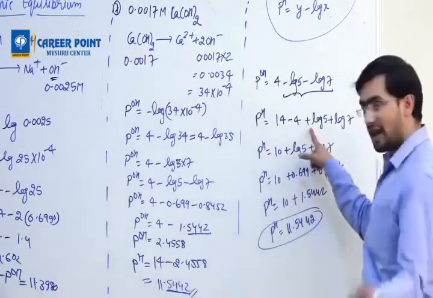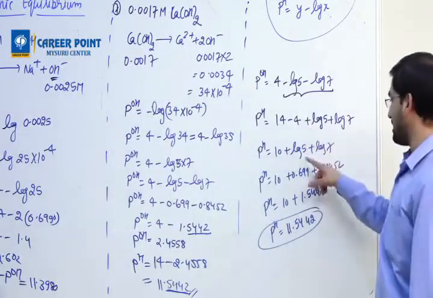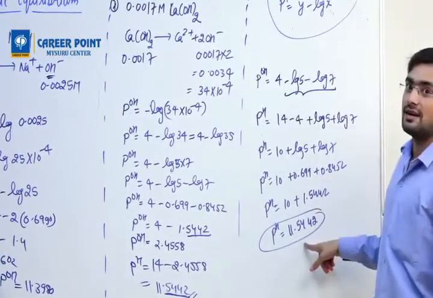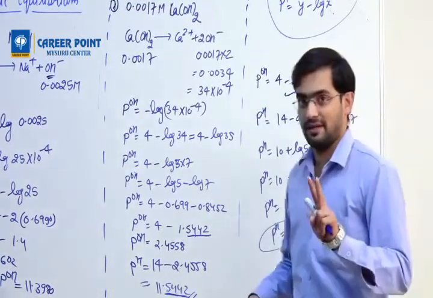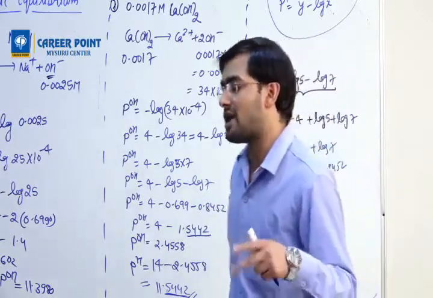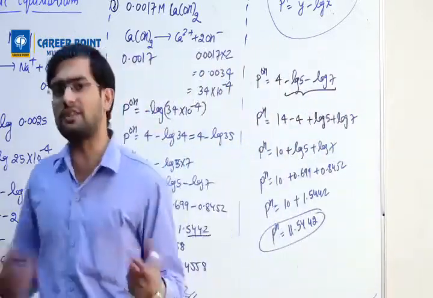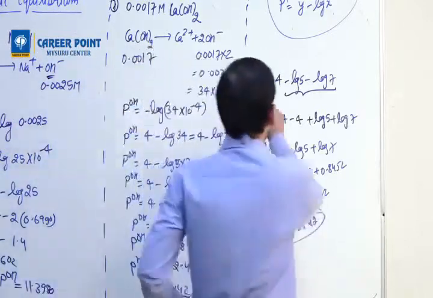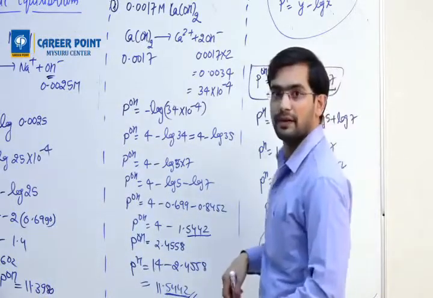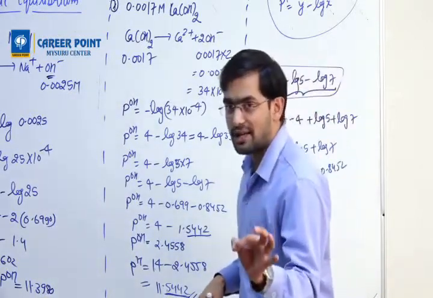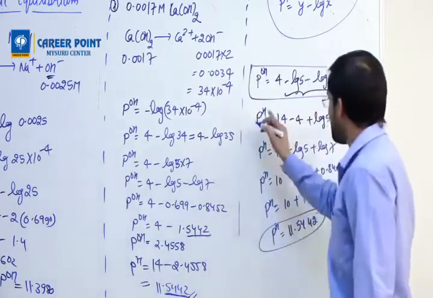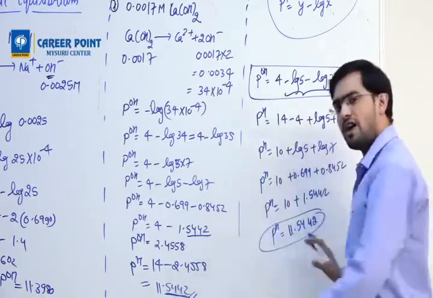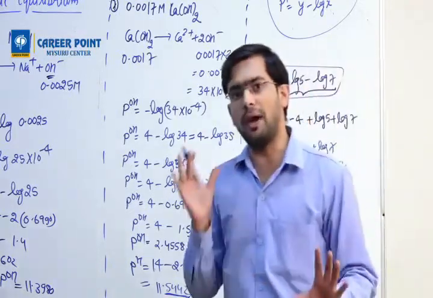Right? So now what is your benefit in this trick? I'll put the values, but I'll add them and I'll directly write the answer. I will not subtract it 2 times. Because if you subtract it 2 times, there are chances of error. But if you do not subtract it 2 times, you simply have to add 1 time. Clear? So the trick here is what? You find the pOH formula. If they are not asking pOH, if they are asking pH, then subtract that pOH from 14 and solve. There will be nowhere subtraction. Always there will be addition only.